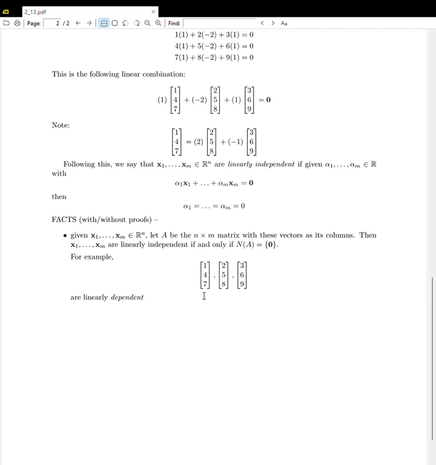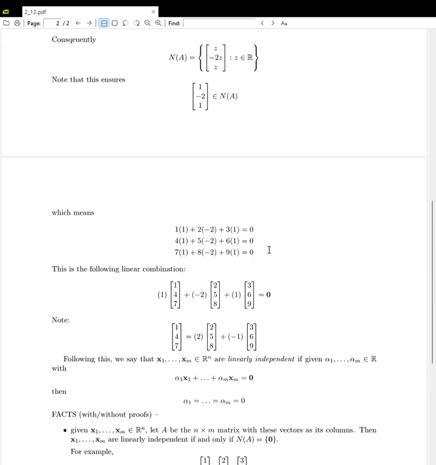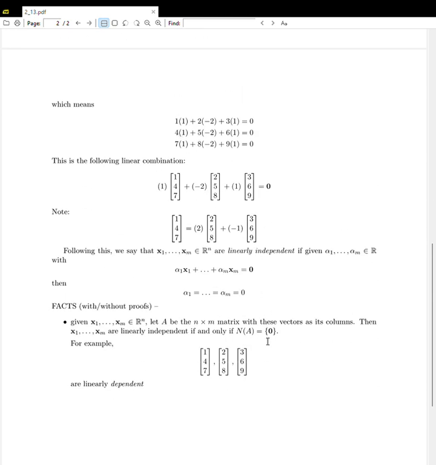In here. Right, these are linearly dependent, the opposite of independent, because we just demonstrated that the null space is, in fact, not trivial. However, as we experienced last time, if I drop off that last vector and only look at the first two, so last time we investigated these two,